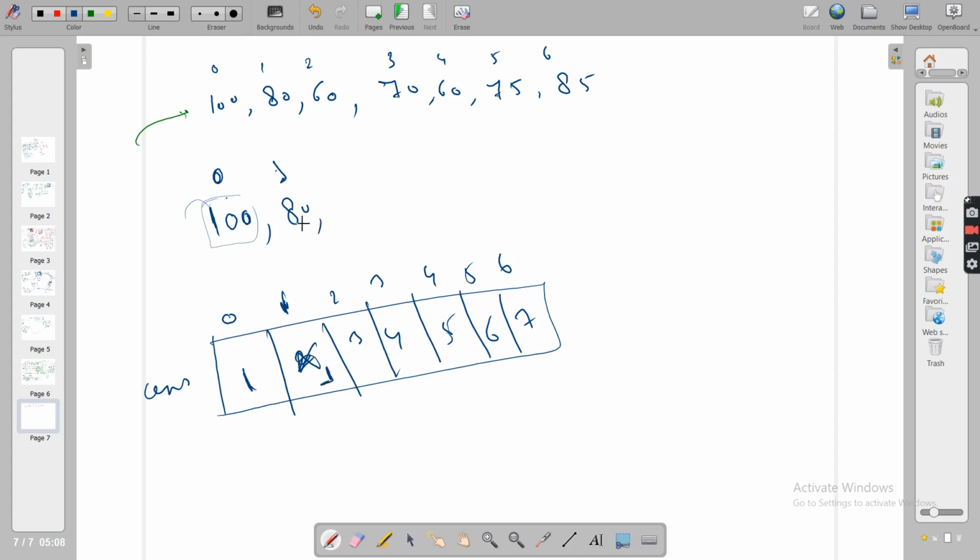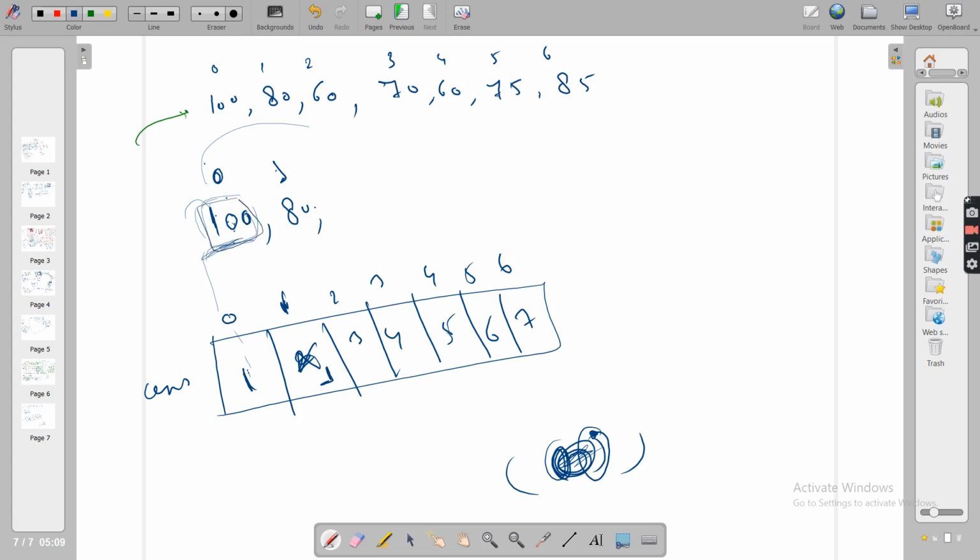Now see guys, ask this question: once you are done traversing this 100 and then 80, once you are done finding the answer for 100, do you really need 100? Remember, in my stack identification, when we crossed a closing bracket, we didn't need that closing and opening, so we were removing them from our structure. Now let's ask for 100: is this 100 of any importance? For 100 you already got the answer. Can this 100 be of any use?